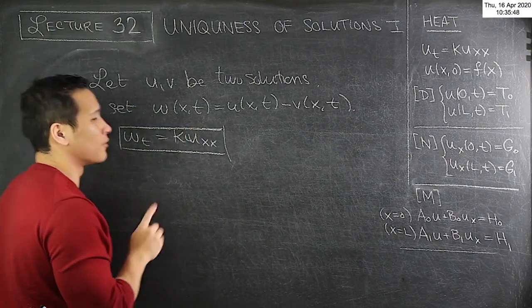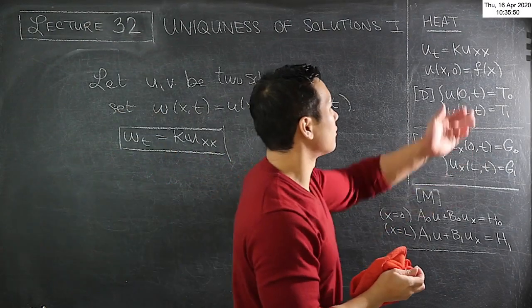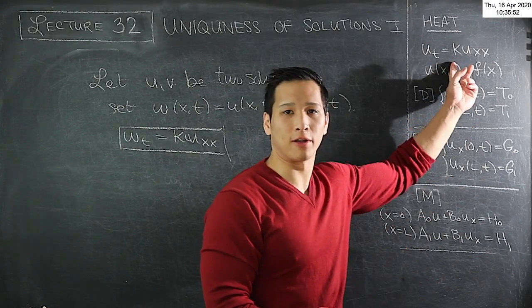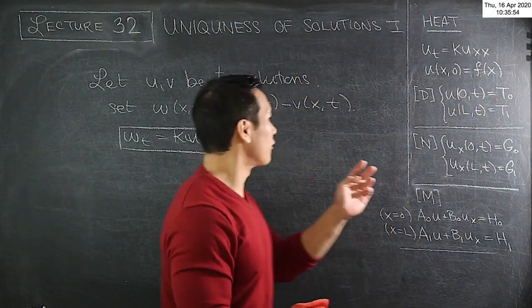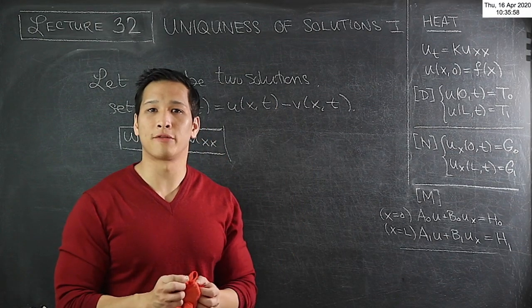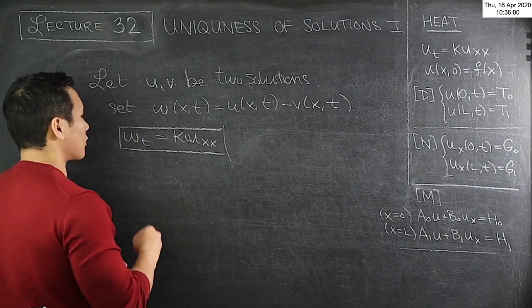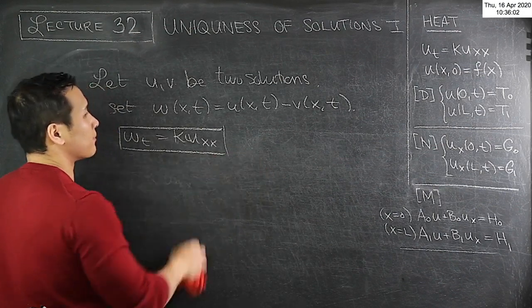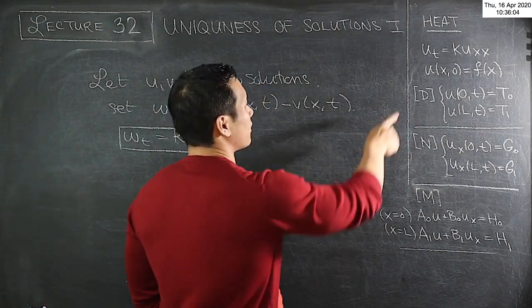Okay. So in fact, this is nothing more than by property of the linearity of the equation. The equation is linear, therefore having two solutions, u and v, w itself must be a solution. Okay, so the next thing we need to do is we need to impose this initial condition, but the initial